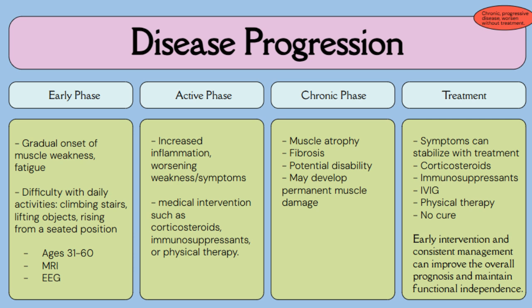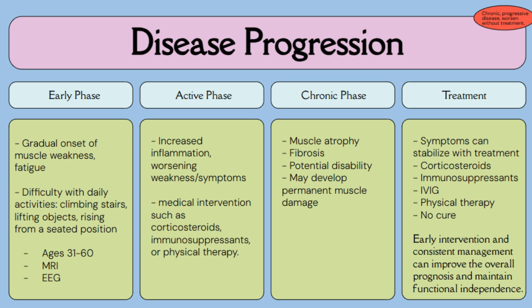In the early phase of PM, there is an onset of muscle weakness in specific areas of the body, which can cause individuals to become fatigued. Individuals affected by PM have trouble with motor activities such as walking up the stairs, lifting objects, and standing up from a seated position. Individuals can receive an MRI and EMG to show muscle atrophy in specific body regions with